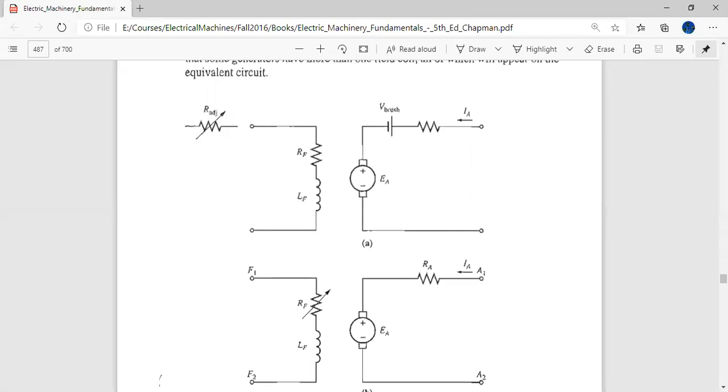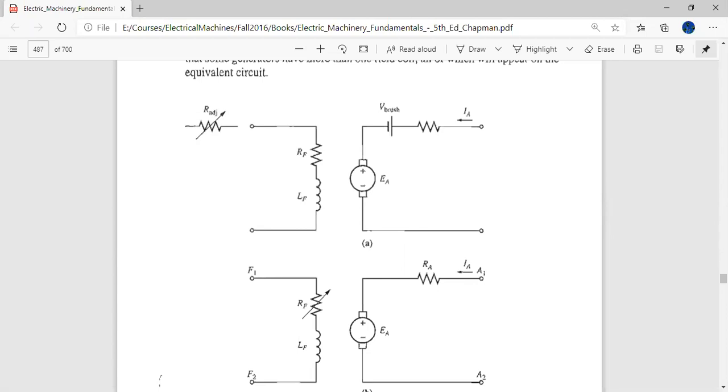In the induction motor and in the transformer, since the primary and the secondary side, and in the case of the induction motor, the rotor side and the stator side, were both having AC voltages and currents induced in them, we could join the two sides into one equivalent side and do the circuit analysis easily, because the induction motor also behaves like a transformer with some effective turns ratio A effective. And just like the transformer, if both sides are AC, then we can convert all the impedances on one side to the other by multiplying by the square of the turns ratio or dividing by the square of the turns ratio.